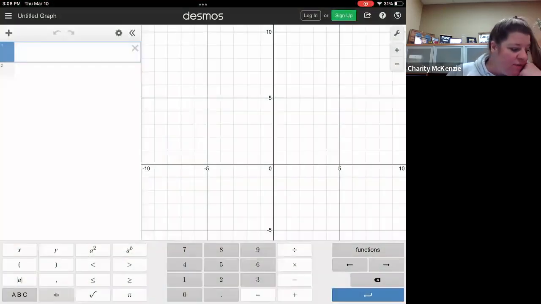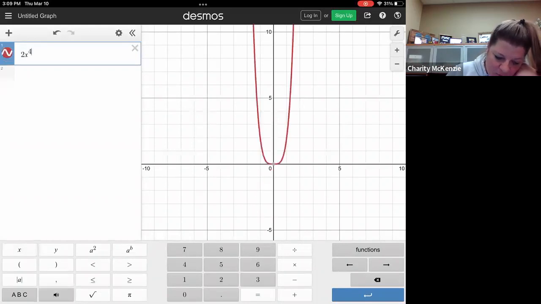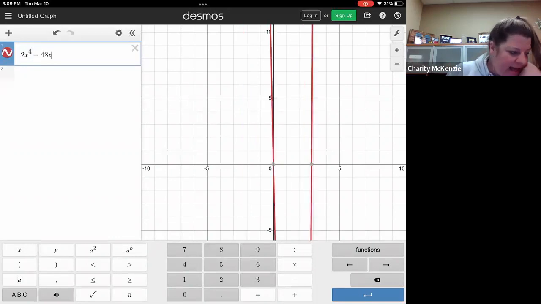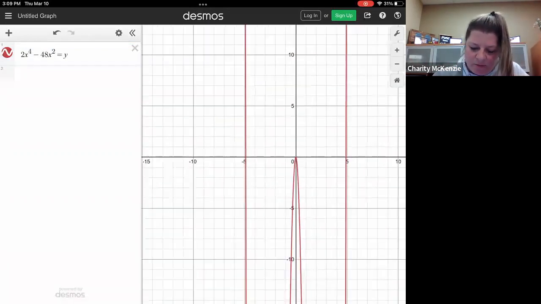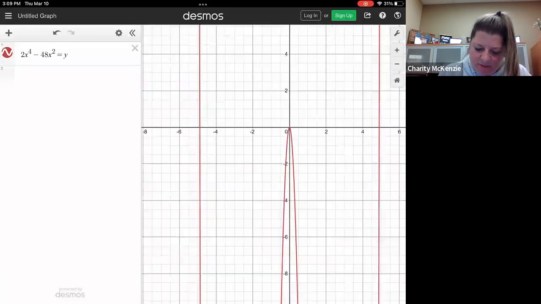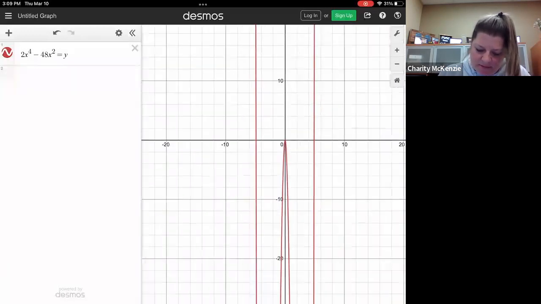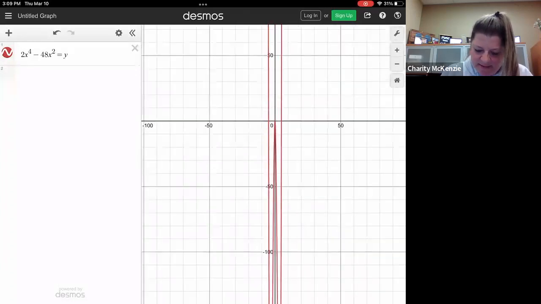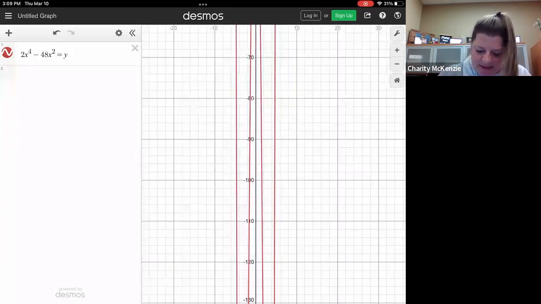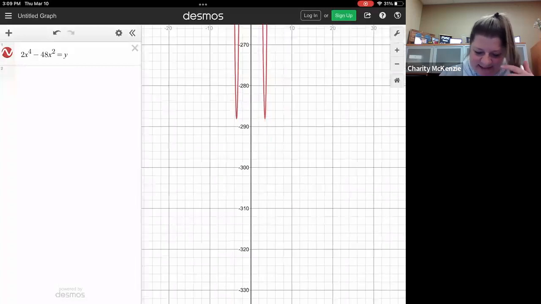So the original function goes 2x to the fourth minus 48x to the second power equals y. You don't always have to have the y part. And then we can kind of scroll, but I can't scroll that out very well. It doesn't really want to. There we go. I was using 2 fingers. Whatever. Way down here are my